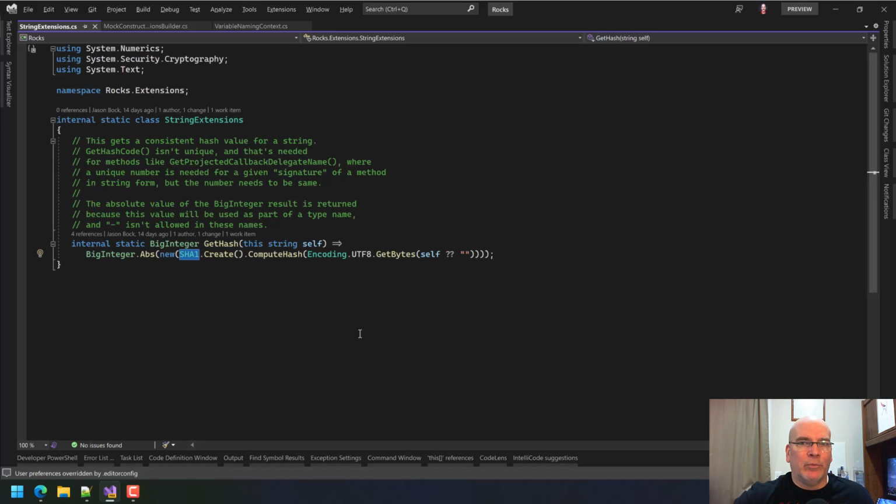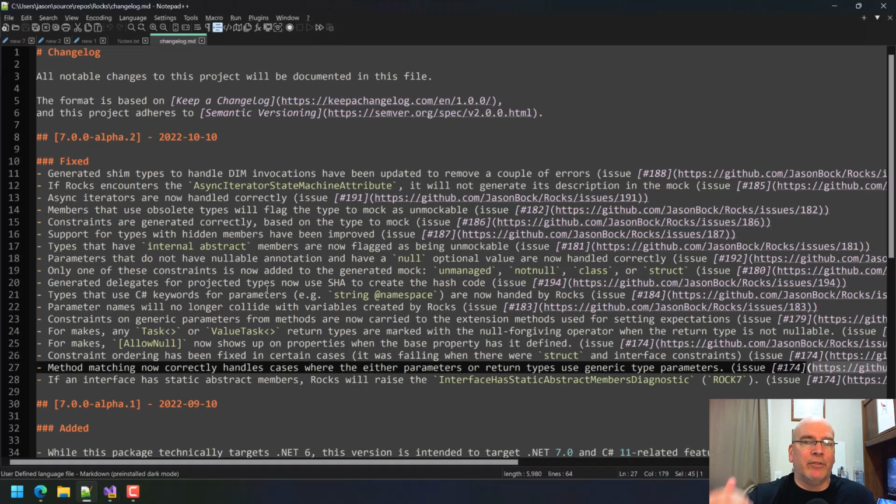This only happens when I'm doing projected types. Shims don't count because they will be unique just by the way everything falls out. But these projected types do have to have this code added on to the end. So this takes care of it. This makes it unique. And now I can write tests because that value for a particular signature of a method will always be the same no matter how many times I run the test.